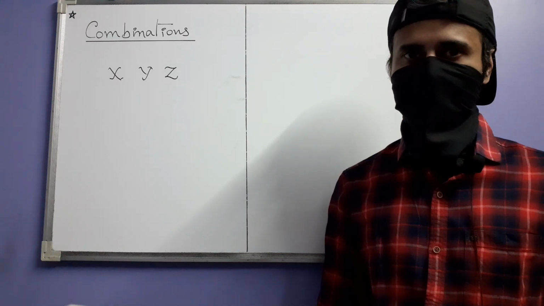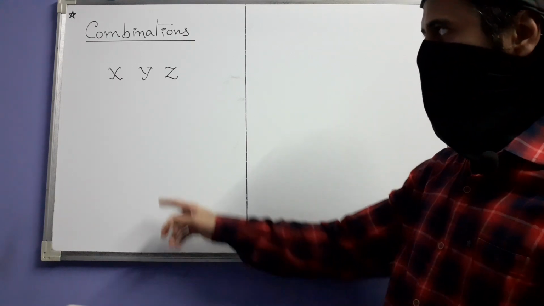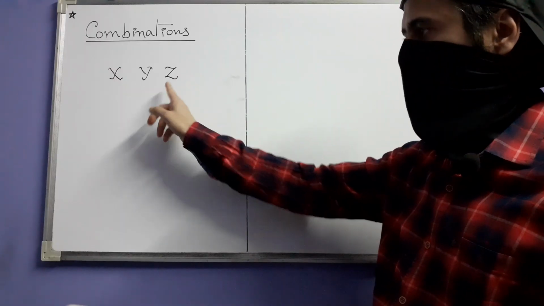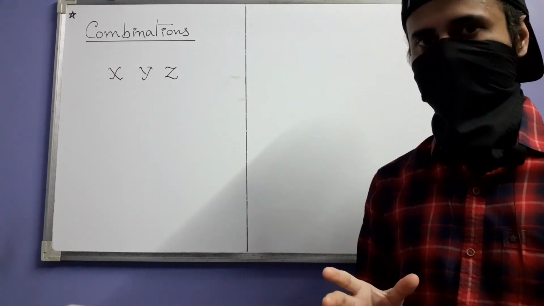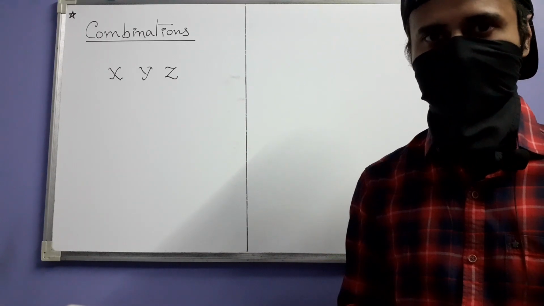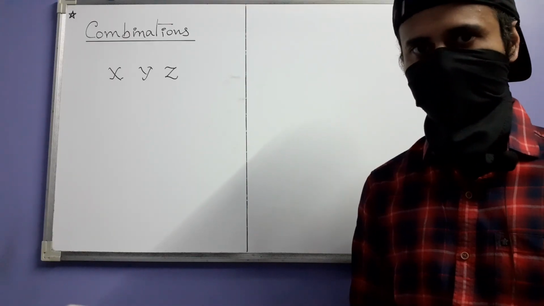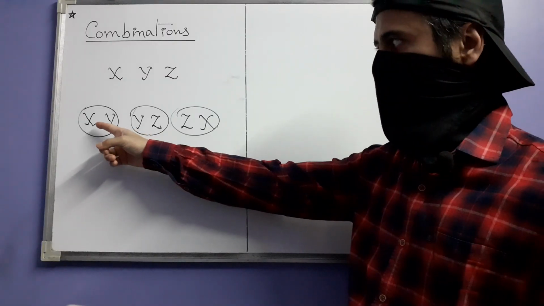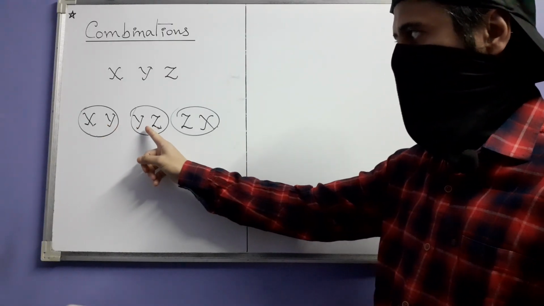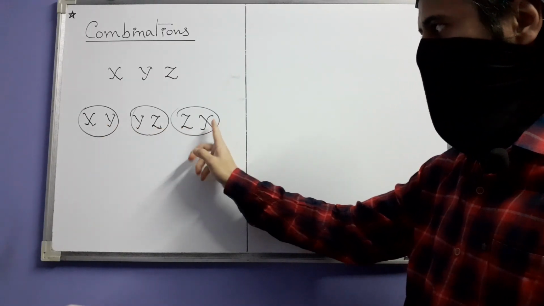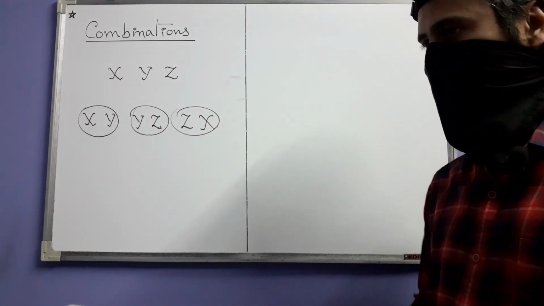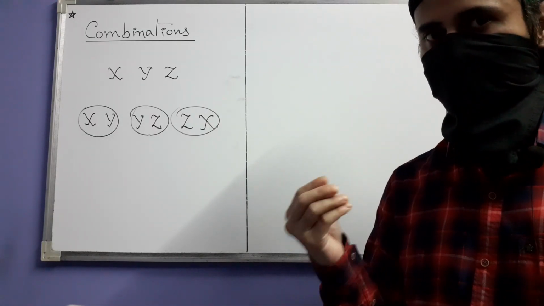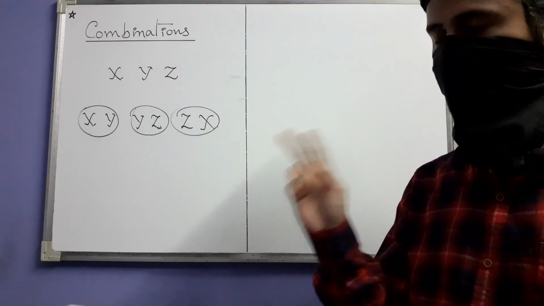The next topic is combinations. Suppose we have three distinct objects x, y and z, and using them we want to form groups taking two at a time. In how many ways can we do this? Obviously in these three ways. In this group we have x and y, here we have y and z, and here we have z and x. These are the only possible ways in which you can form the groups taking two at a time out